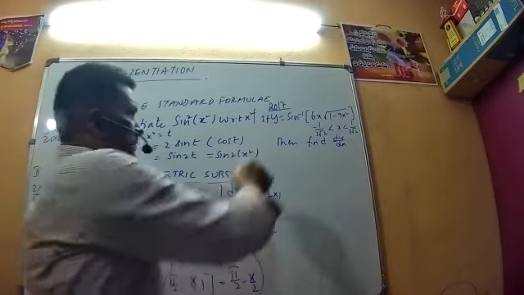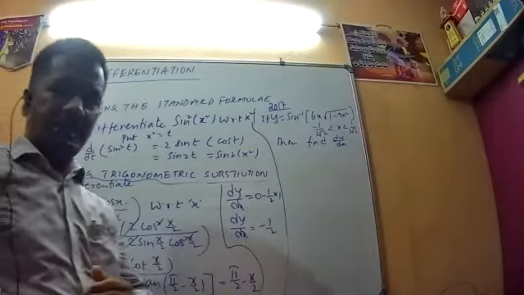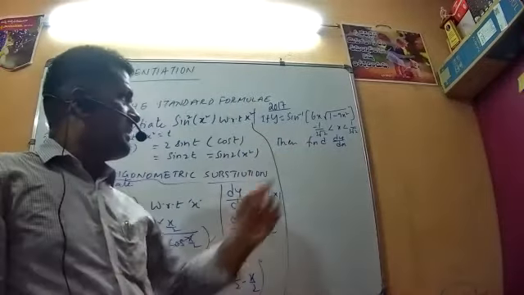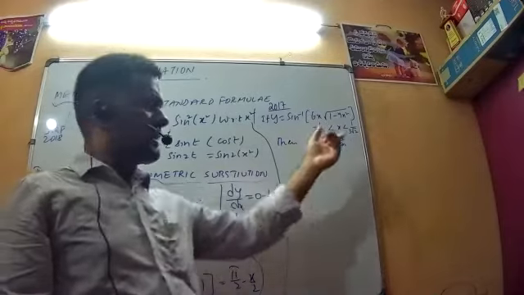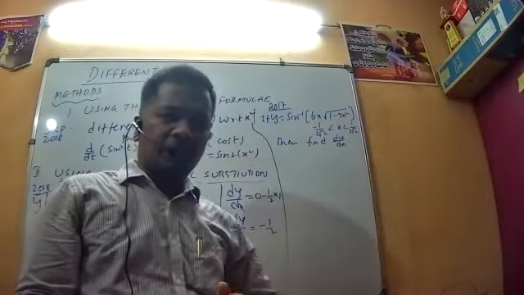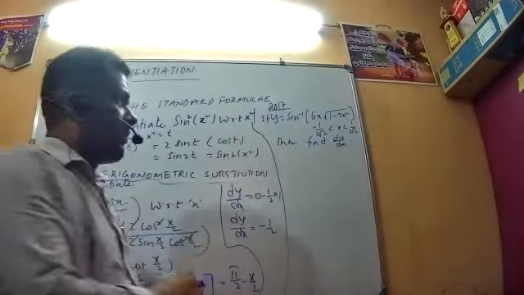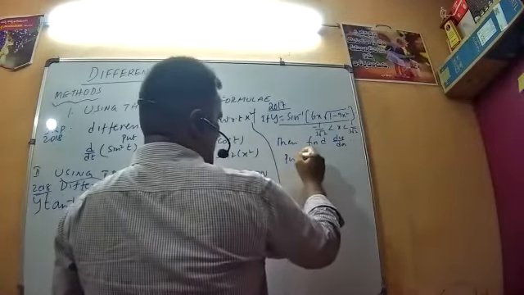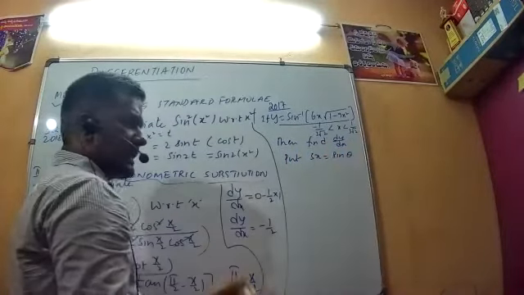Right. Moving further, this was given in the year 2017 board examinations. The problem is if y is equal to sine inverse of 6x into root of 1 minus 9x square. The condition is mentioned. Don't bother about the condition much as of now. So we are supposed to find the value of dy by dx. So what is the right substitution to solve this particular problem? Put 3x is equal to sine theta.